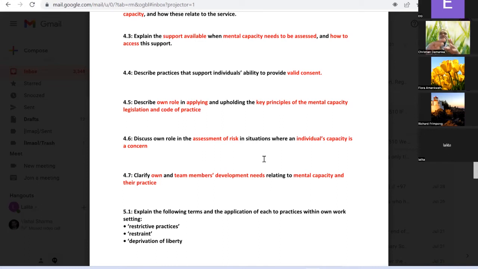Now, there have to be a lot of adaptations and adjustments in my home. Maybe I used to live upstairs. Now I can't go upstairs again because I can't climb the stairs. So these are things that have to do with my health. Because of this, there needs to be an assessment of me and my care to be able to put a care package in place. So if Richard has a care home, my family wants to contact Richard's care home and see if they can put a care package in place to take care of my needs, to know how I should be taken care of. To do that, an assessment needs to be made of the risk factors that I face in relation to my